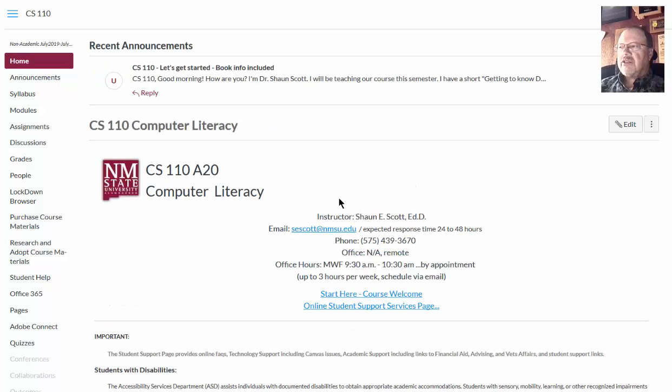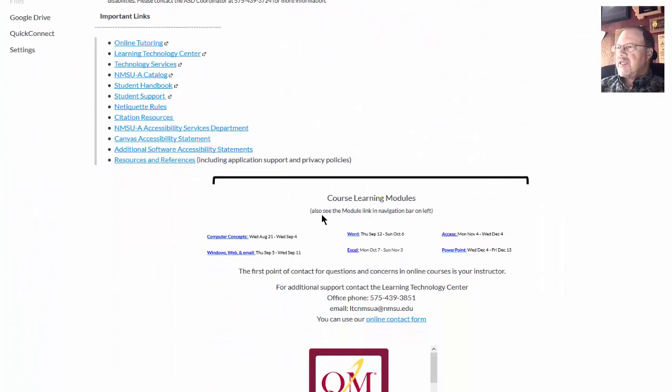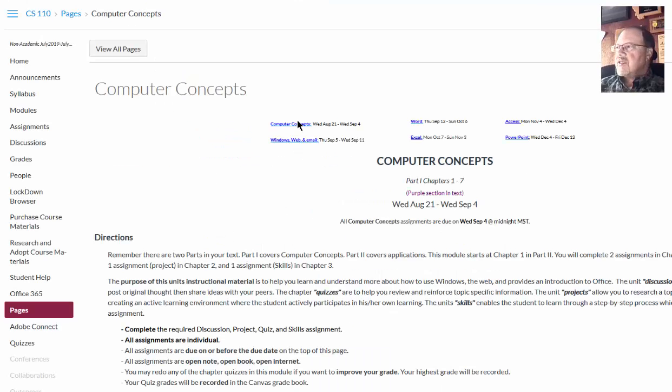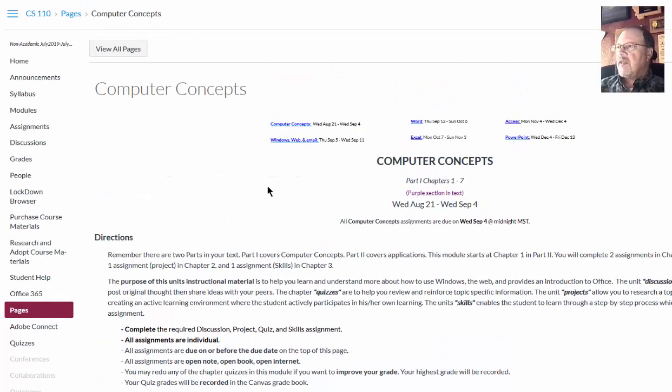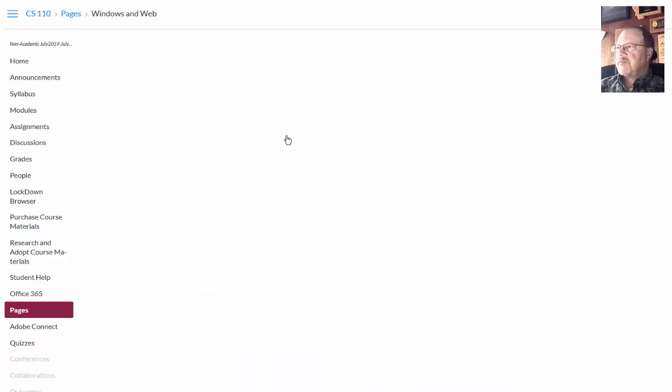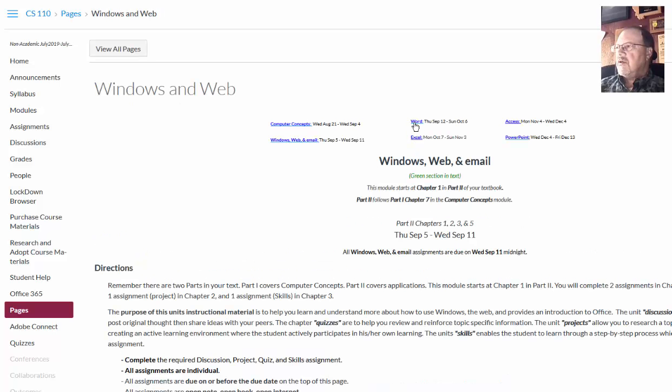The other way to navigate our course is you will see this table on every module page. Computer Concepts, Windows Web, Word, Excel, Access, and PowerPoint. Those are all linked. You can simply go to Computer Concepts. You'll see the same structure, the same set of links on every single page, and you are now in the Computer Concepts module. The module structure is the same as we've just talked about. Go to Windows Web, okay, Word,